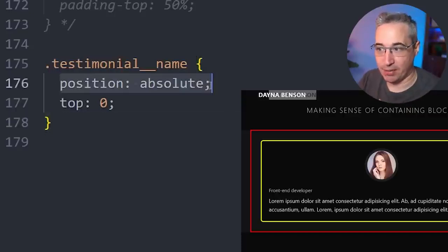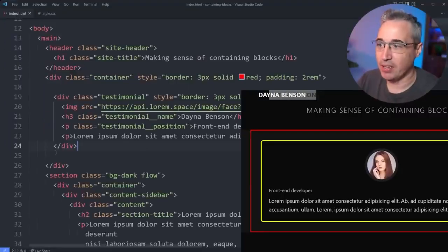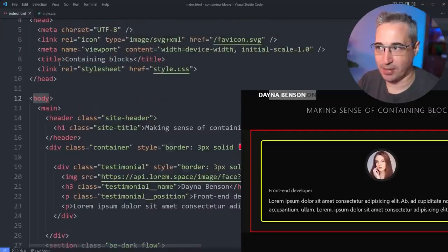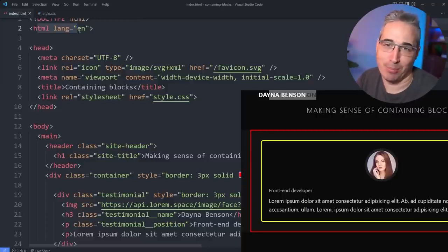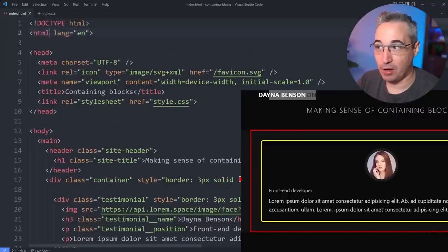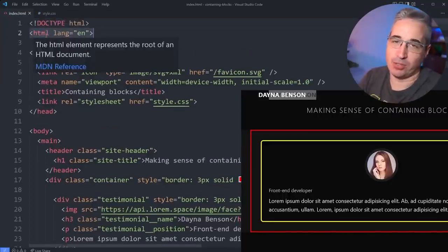And the reason that's happening is when we declare a position absolute on something, we're now pulling it out of the flow, but we're also changing what the containing block for that element is. And it changes it in more than just one way, which we'll see in a second, but it's looking for the closest ancestor that has a position on it that's not static, which is the default. So here is my name right there. It's going, does this have a position on it? No. Does this have? No. Does this have? No. Body? No. And then it eventually ends up at your HTML element, which is the root of your document. And it goes, okay, well, we can't go any further back than that, more or less. So it's positioned relative to that. So that top 0 is top 0 of my HTML,